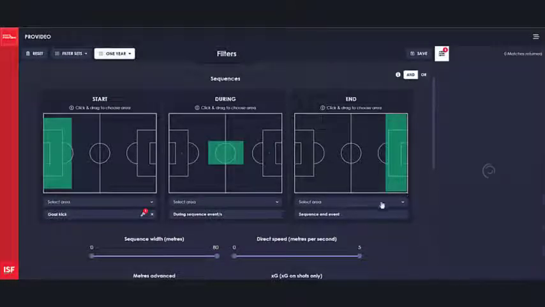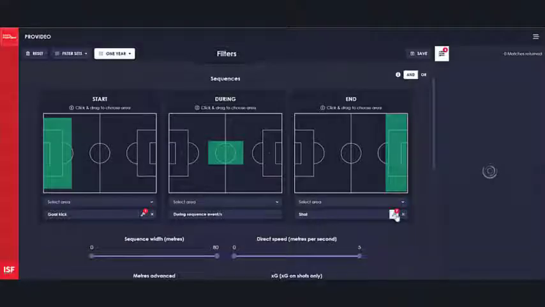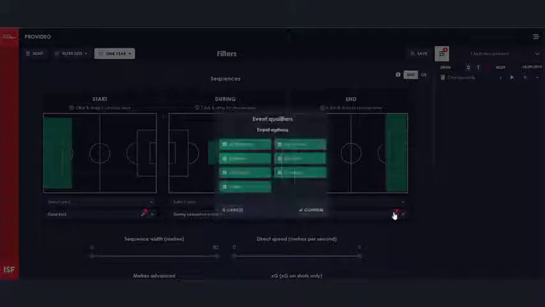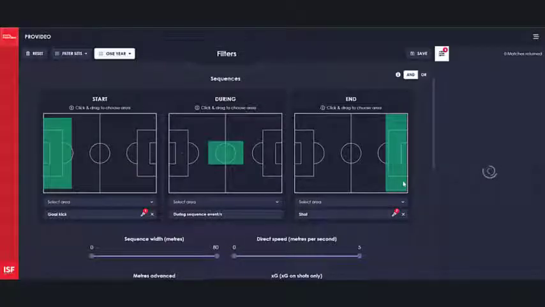If we want to select a shot, select sequence end event and click on shot. Again, you've got the option to select certain shots, whether that be a penalty shot, a big chance, blocked shot, a first time shot, an off target or on target shot, or a volley. I'm going to leave all those as selected, and you'll see on the right-hand side